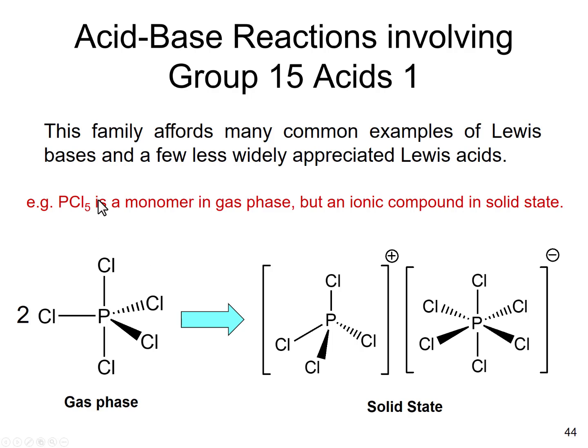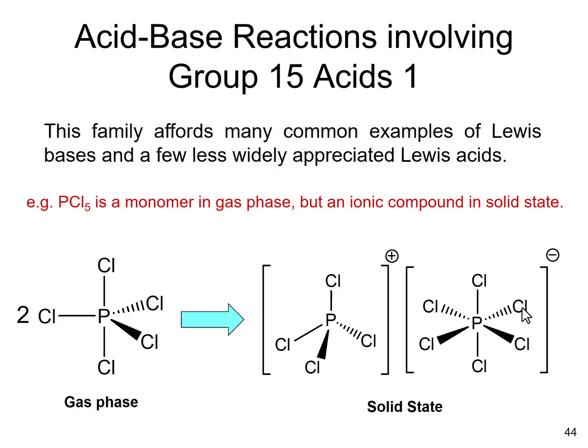Here we can see an example, which is phosphorus pentachloride. Phosphorus pentachloride, as mentioned here, is a monomer in the gas phase, but when you condense it down to a solid, it will form an ionic compound by itself. So you have two molecules of phosphorus pentachloride in the gas phase, and upon cooling down and condensation, there is a reaction occurring whereby one of these molecules would act as a Lewis acid. And so it would accept a chloride anion, which is liberated from the second molecule. So you have again a Lewis acid-base reaction occurring to form a new adduct, which is this